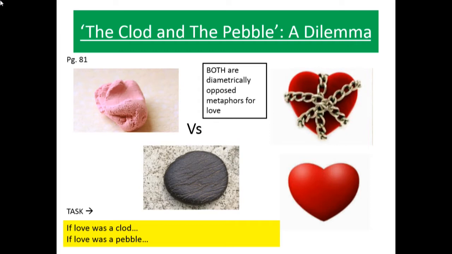And then of course we all know what a pebble is. If we were looking at the two materials side by side, they are sort of on a dichotomy. So you've got the clod, which is soft and malleable, and then you have the pebble, which is obviously much harder, immovable, stagnant. Okay, so if I said this poem is about love, take a look at my two love hearts here. We have one that is chained, okay, a heart that is chained and closed up tight, and then we have this blossoming heart just underneath. So again, two diametrically opposed images. Now, each of these hearts correspond with the two materials, so you could probably guess, right?